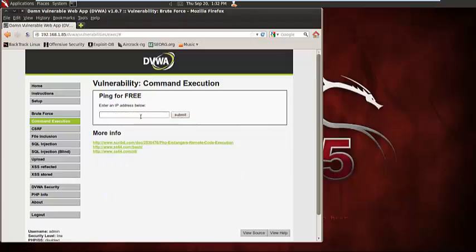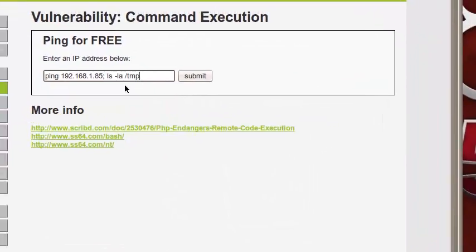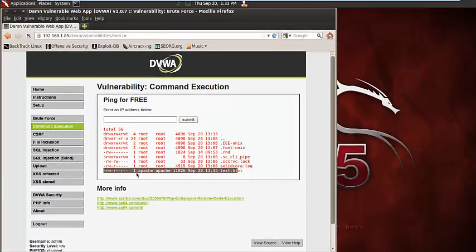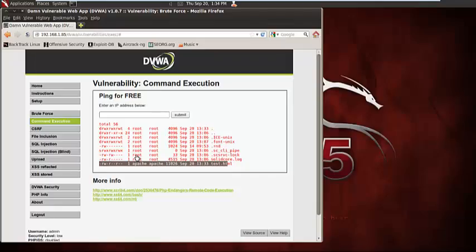Alright, so let's see what we just did. So we're going to test this. And look, there's our file that we just put in that directory. So we actually just wrote something in there, and we have write access. And we're going to use this as our scratchpad. So again, our file is there, it's owned by Apache, we have a place to work, and now we have